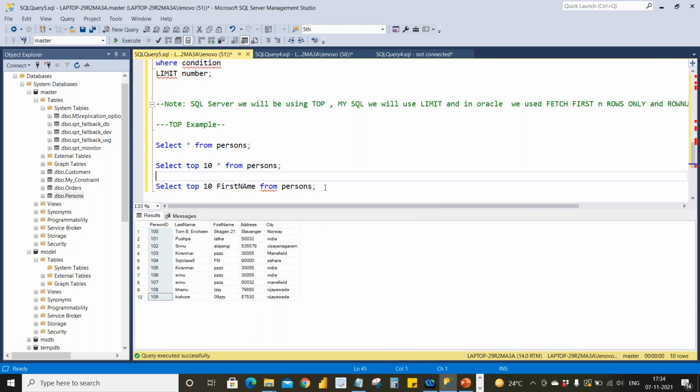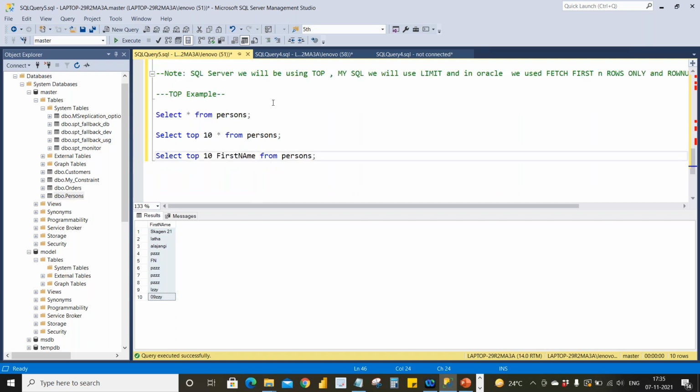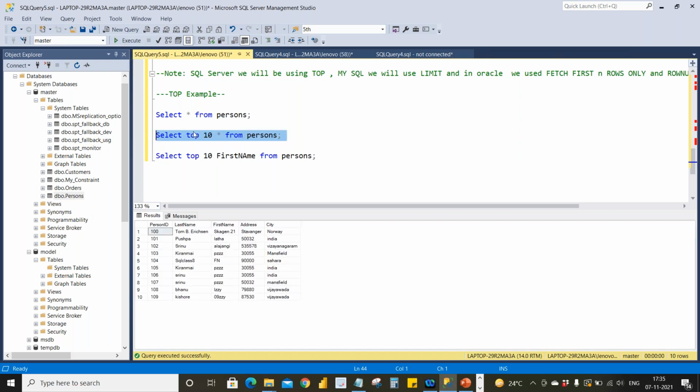Top 10 first names are here. In a similar way, you can give any column name and mention it here. So now the question is, if you give the top 10, I'm getting from ascending order to descending order, right?